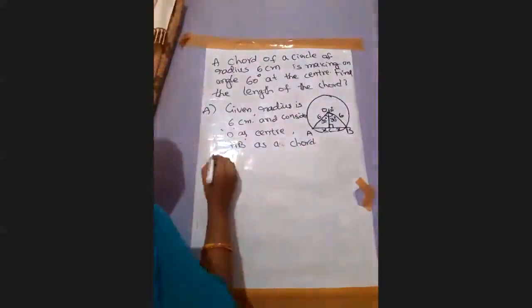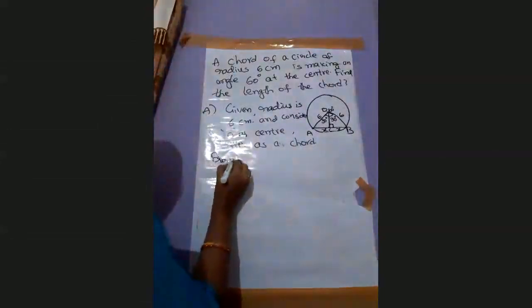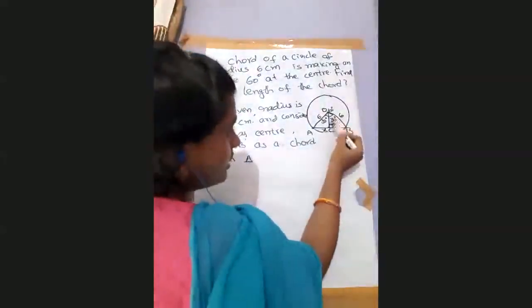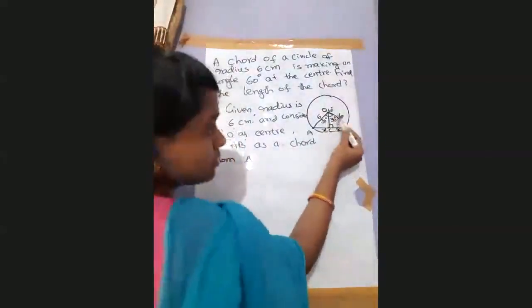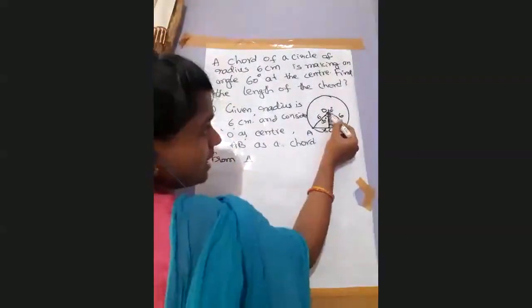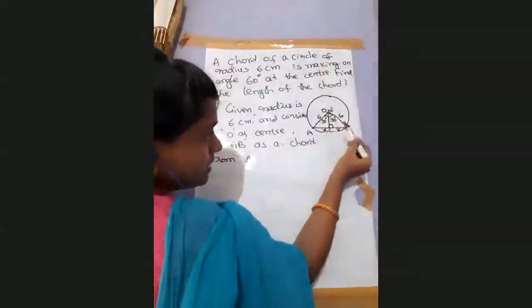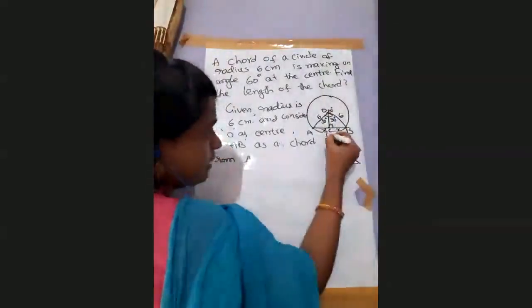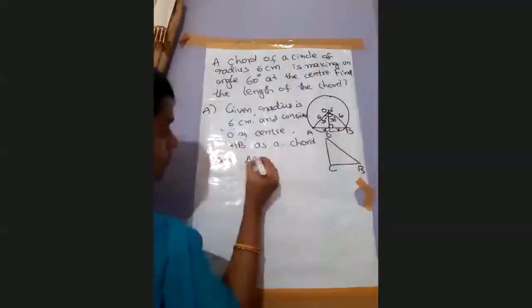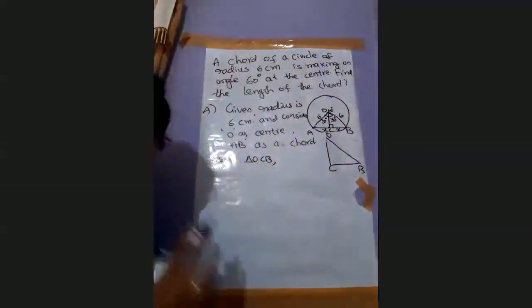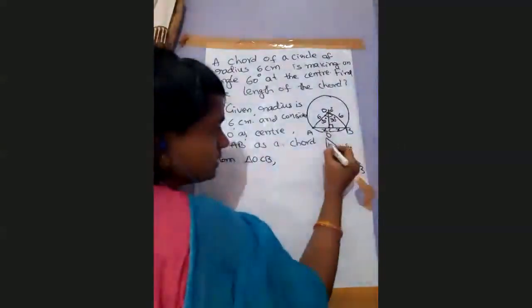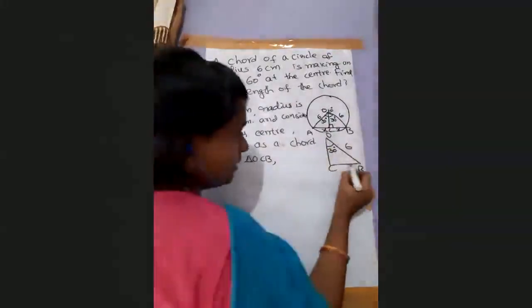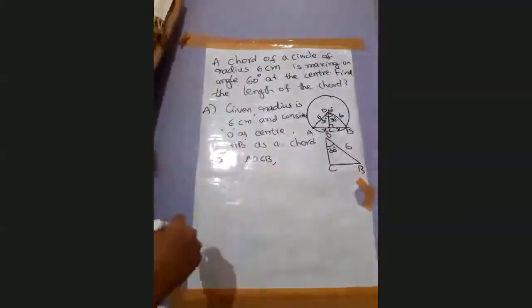So what is the right angle triangle here? Let us consider any of the right angle triangles. Why? Because these two are similar triangles. Here we have 30 degrees and 30 degrees, and this length is 6 centimeters and this length is also 6 centimeters. So I can draw one right angle triangle here. Consider triangle OCB. So this is 6 and this is 30, right? Now we have to find the BC value.